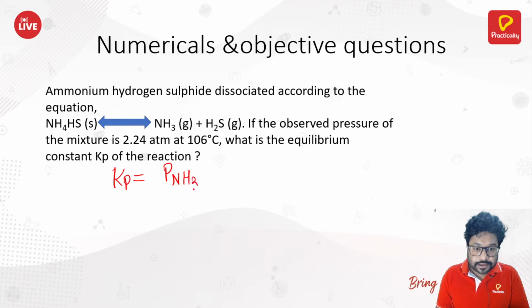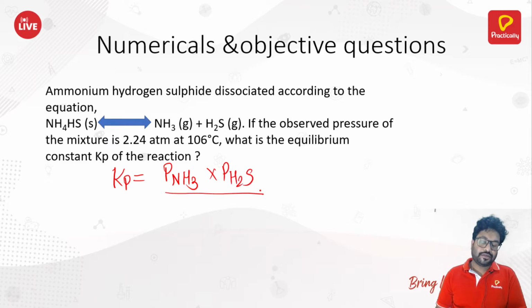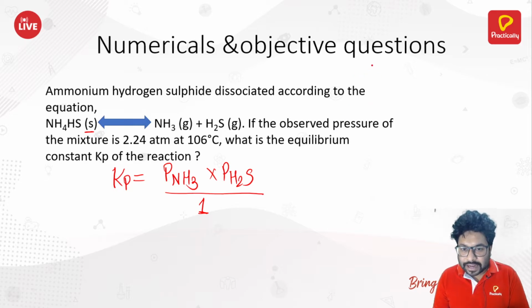NH3 into partial pressure of H2S, divided by nothing. Why divided by nothing? Because NH4HS is in a solid state. So even if I take the partial pressure of NH4HS, it will be 1 only, right? So it is as good as taking nothing, right? Now, if you look at this dissociation, it is not much complicated. See, if I write it like this,